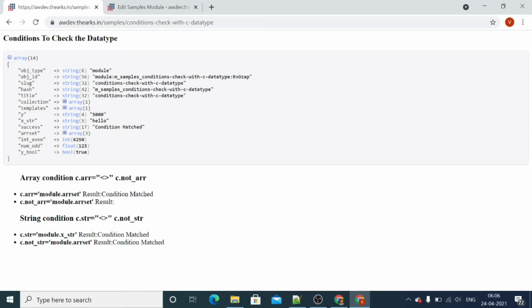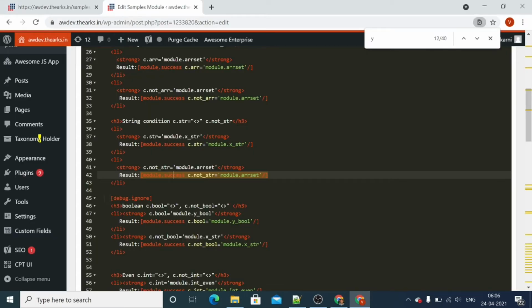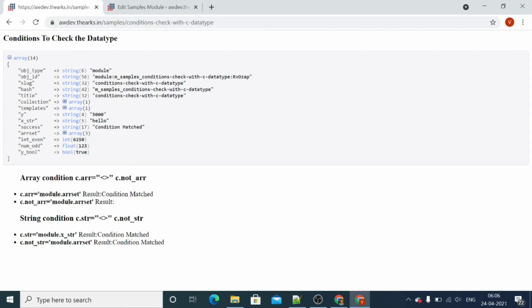If it is string, then we will get the output of this shortcode. So we have c.str and c.notarr. Module.arr set is an array, hence the condition is satisfied, so we get the output, condition matched.